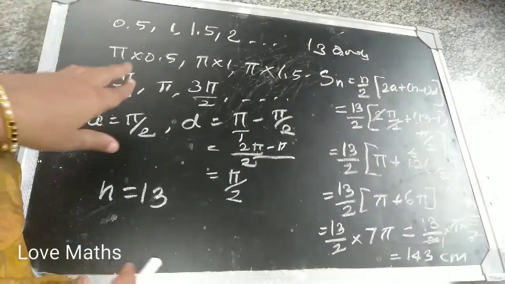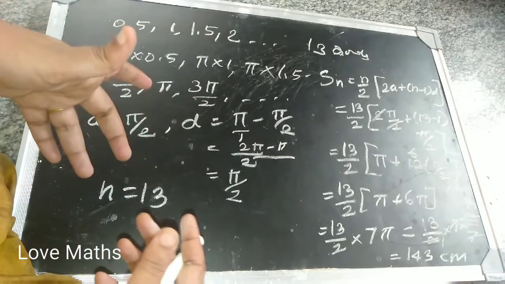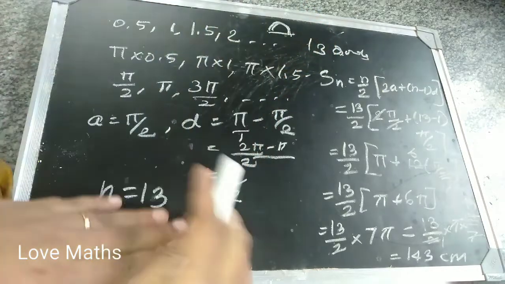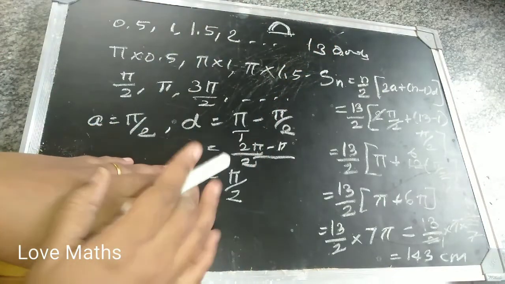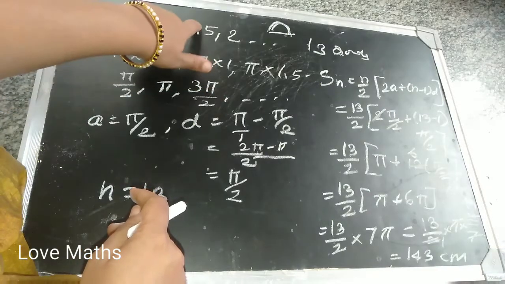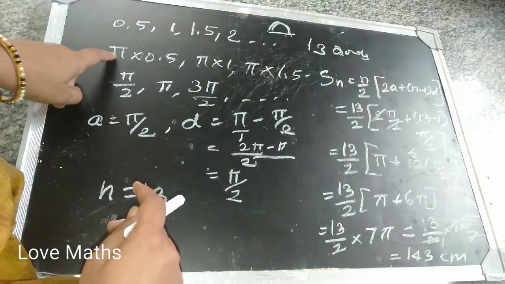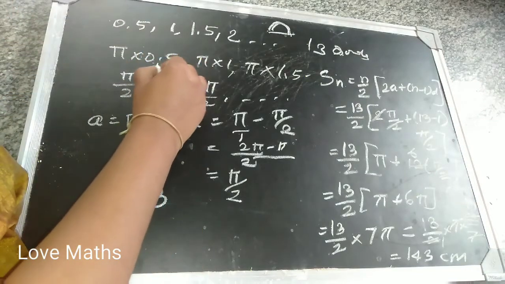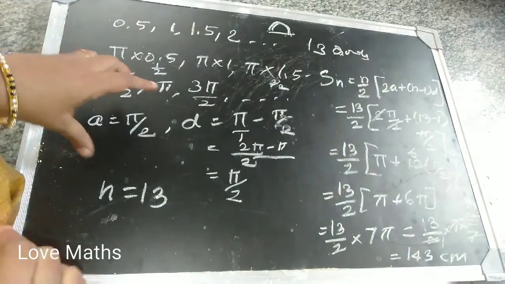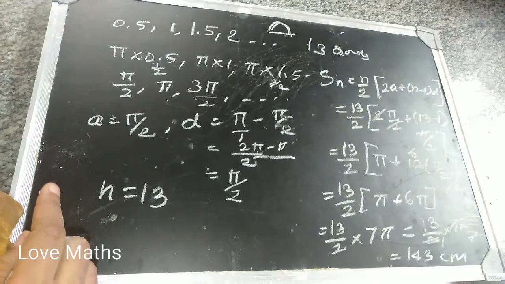Okay, is it clear? You only have to find the radius. This is the circle, so we can't take out the radius. One circle means this circumference. The half circumference formula is what? 2 pi r, so half is only pi r. Pi into this radius, pi into this radius, pi into this radius, continuing like 13 terms. So pi 0.5 means what? 1 by 2. And 1.5 means 3 by 2. Like that you just multiply, find the d value, n is given, substitute and simplify. You can get the answer.